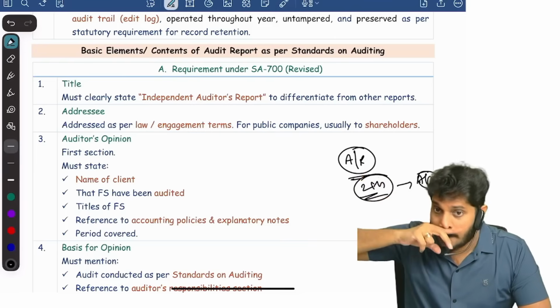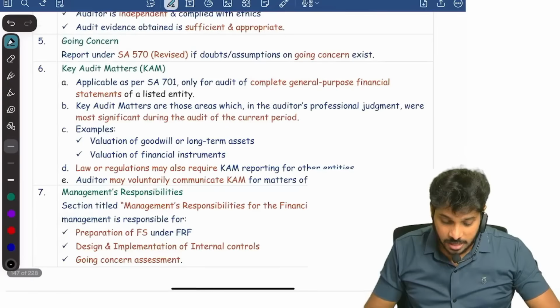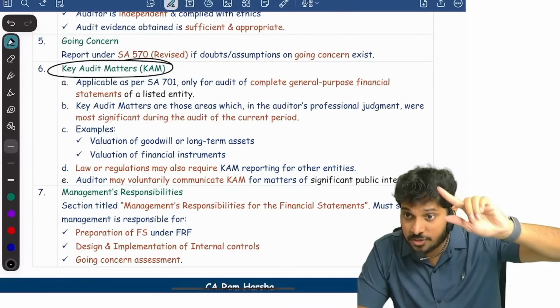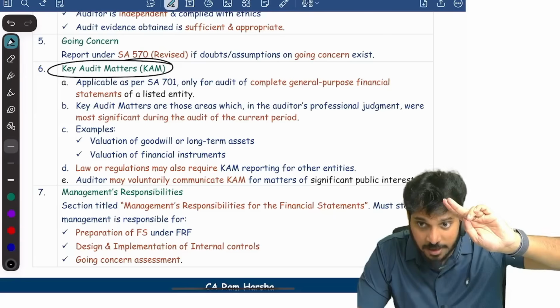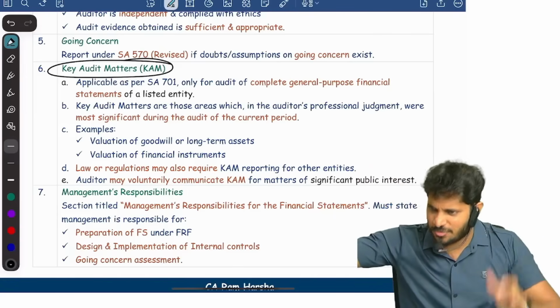And go further. But when it comes to CARO, be 100% sure. And here, by the way, in this audit report, we are discussing key audit matters, emphasis of matter, and other matter paragraph. We have CARO. We have a report on everything, whatever is there in CA Inter, one full chapter is there